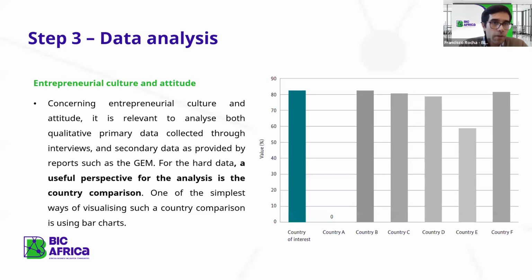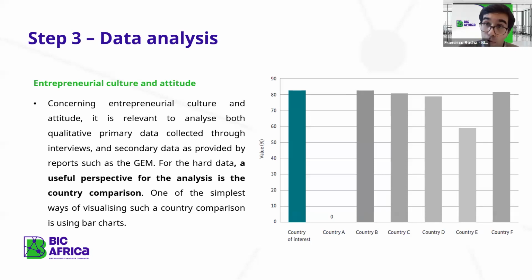One example that is provided is to try to measure this entrepreneurial culture and attitude by comparing this perspective with other countries. And one study that provides very good information, as I mentioned, on entrepreneurial culture and attitude is the GEM report. So it has specific indicators on this, on how a specific country is doing